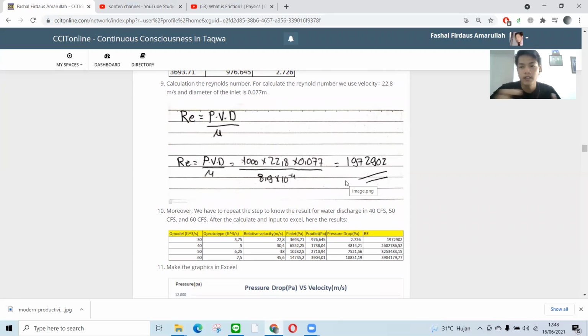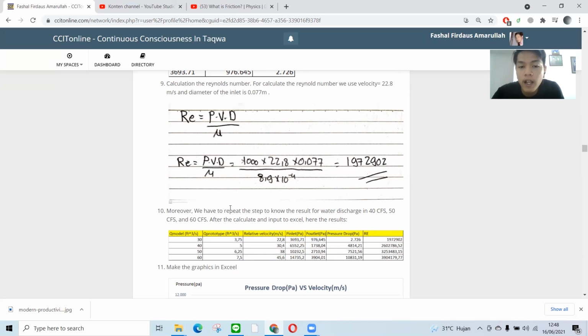After that calculation, we have to repeat the steps from the previous step to make different calculations. We use different discharges of 40 GFS, 50 GFS, and 60 GFS.